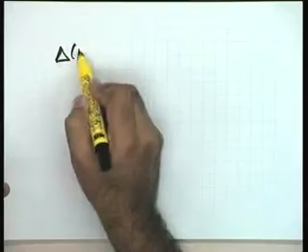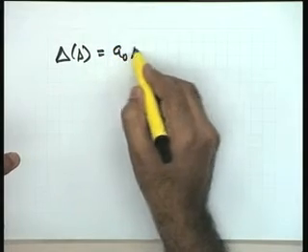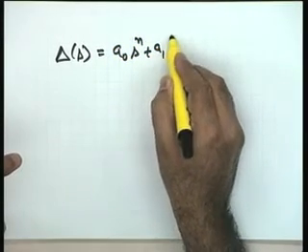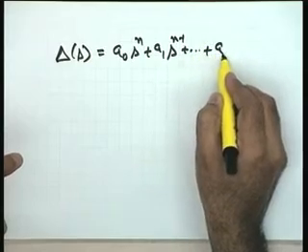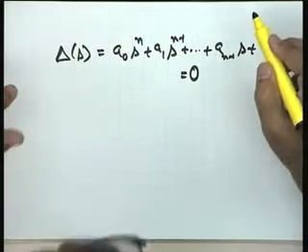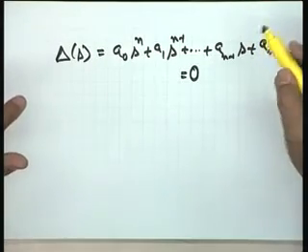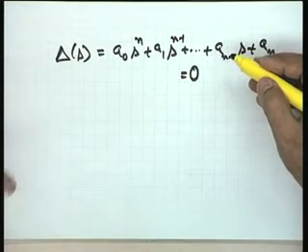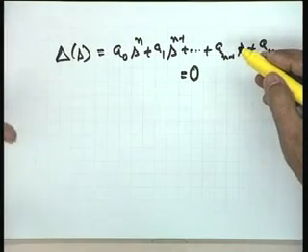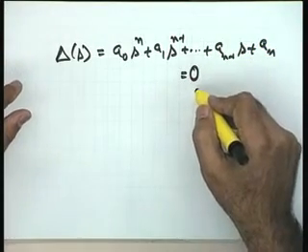Now, let us take a step forward: how to determine stability, that is my point. In general, the characteristic equation can be written as an nth order polynomial, a0 s^n plus a1 s^(n-1) plus ... plus a(n-1) s plus an equal to 0. This is my characteristic equation, which has been derived from the equation 1 plus G(s) equal to 0. So, the roots of this particular equation are nothing but the poles of the closed loop system. Now, you are interested to know whether the system with this characteristic equation is stable or not.